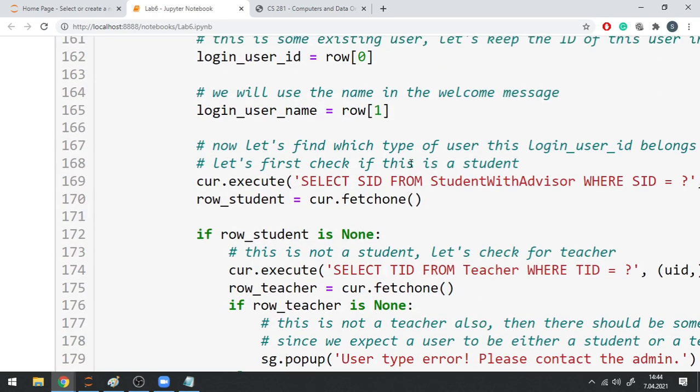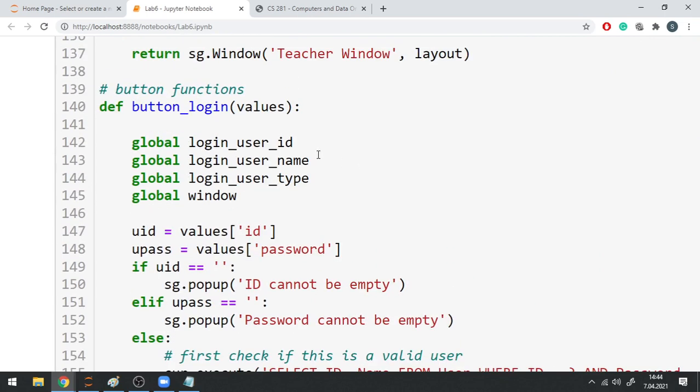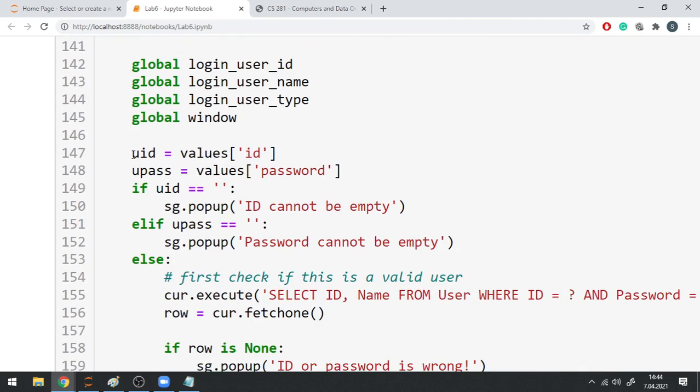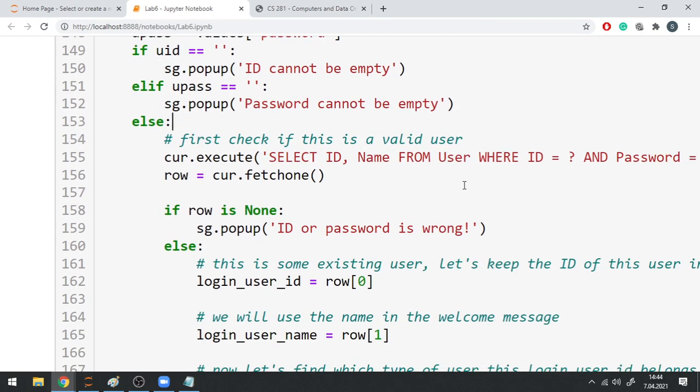So the global and local thing, you need to be careful about those. If you are going to need that value in a different function, you need to explicitly say that that's the global one in the beginning of the function. So what this does is we are getting the ID and the password. They cannot be empty. We are displaying messages if they are empty. If they are not empty,